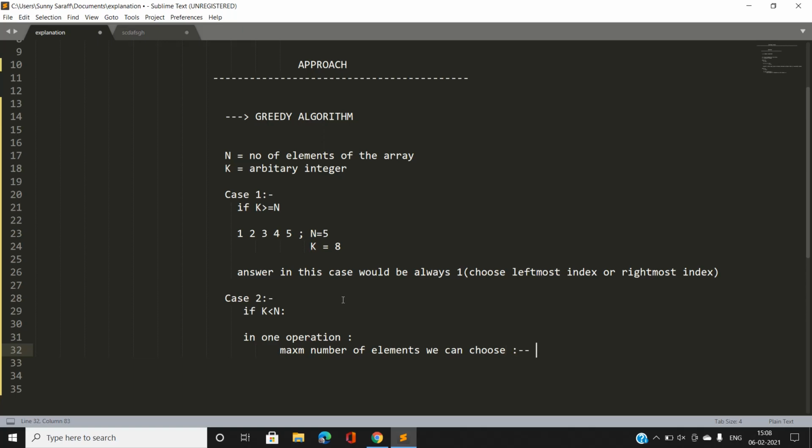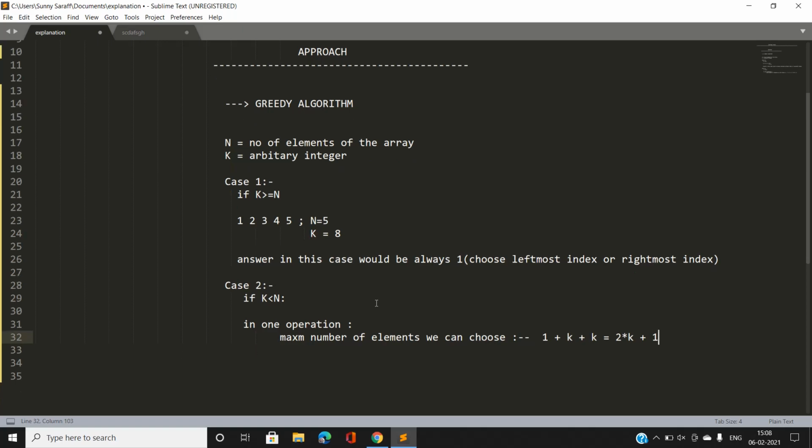The maximum number of elements that we can choose is the current element, 1, plus k elements to its right plus k elements to its left, that is 2 into k plus 1. So the maximum number of elements we can choose in one operation is 2 into k plus 1. So what would be our answer in this case?